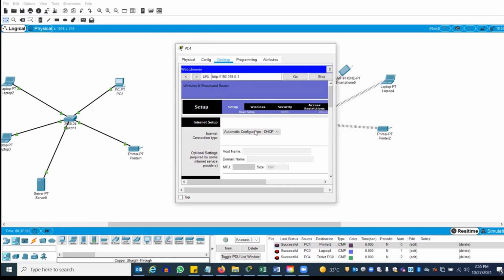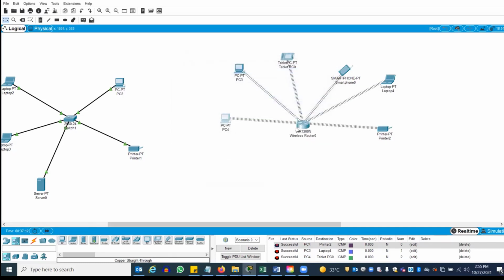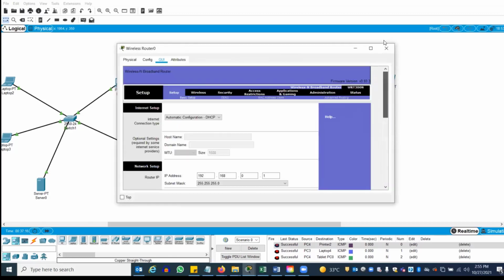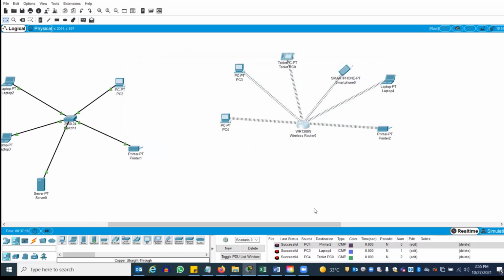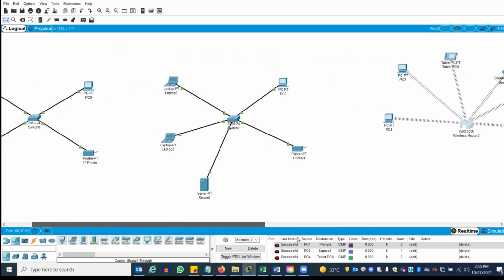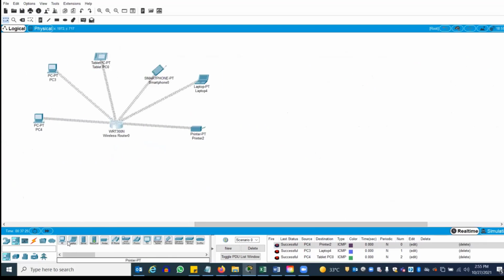For example, if you want to access the router from another PC, or you can directly do it from here also. So I think we are done in the lab. So please practice before the exam. We have covered almost everything. Switches. One more thing I showed you last time. Connect two switches.